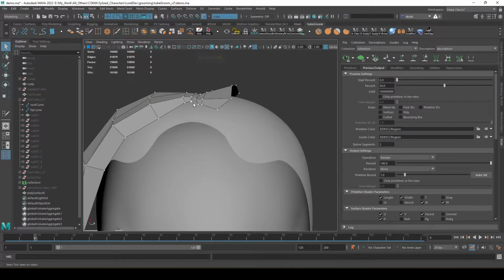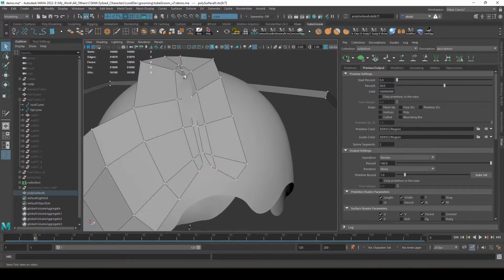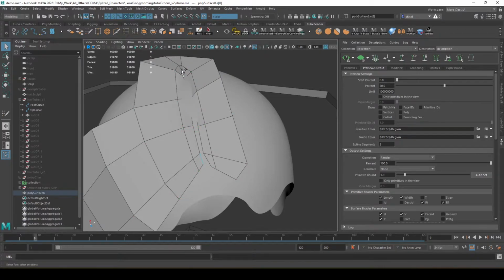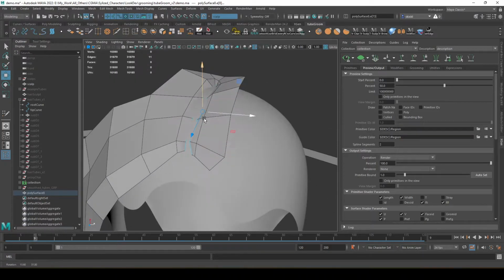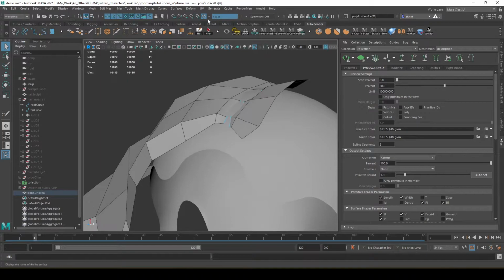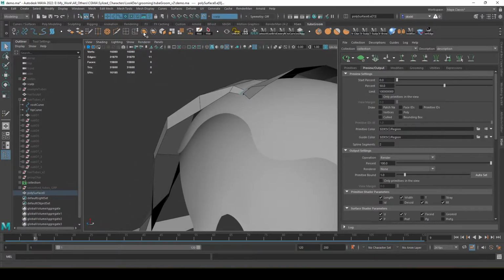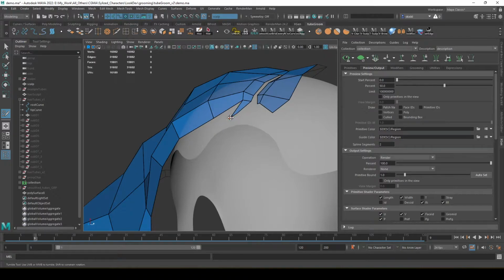And what we would probably want to do is grab all of this right here along the part of the hair. So let's just go here to here. And we're just going to move it in the y-axis so it snaps down to the scalp. And then what I'm going to do is essentially extend out the root. So let's go back to quad draw, and I'll just kind of follow along